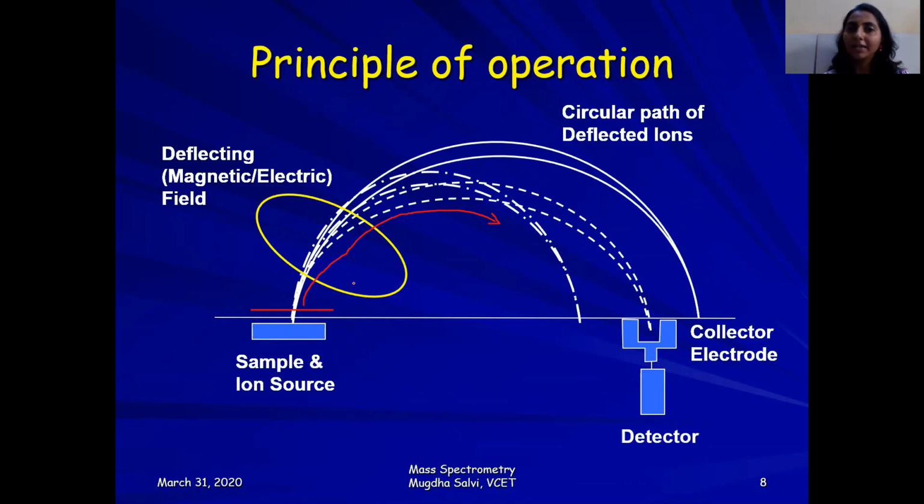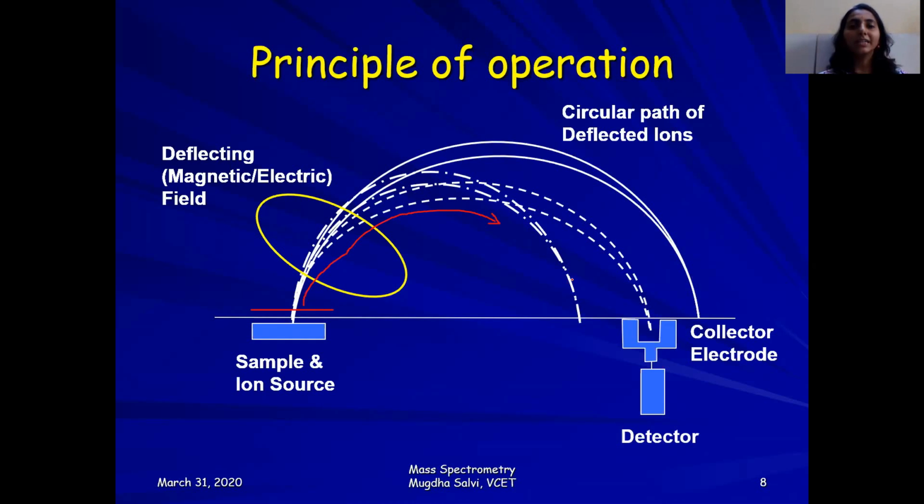When you apply a magnetic field, the ions will start getting deflected from their positions or their paths. Suppose the outer dark white line is the trajectory being followed. What will happen because of the external applied magnetic field? Because of the external applied magnetic field, there will be a deflection in the paths.